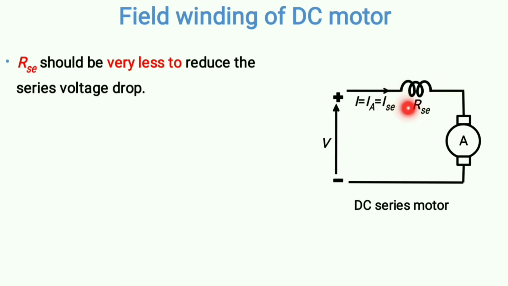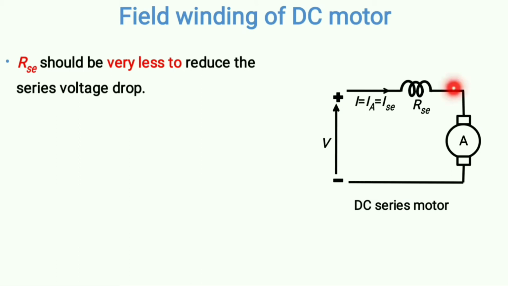across this resistance. Now you just imagine this is the supply voltage and a huge voltage drop is taking place across this, then very less amount of voltage will be available across the armature. That means the armature or the motor will get a very less amount of voltage, and that less amount of voltage will not be sufficient to run the motor. If your voltage is very less, how will the motor run, right? It is common sense. So you will never want such a thing.